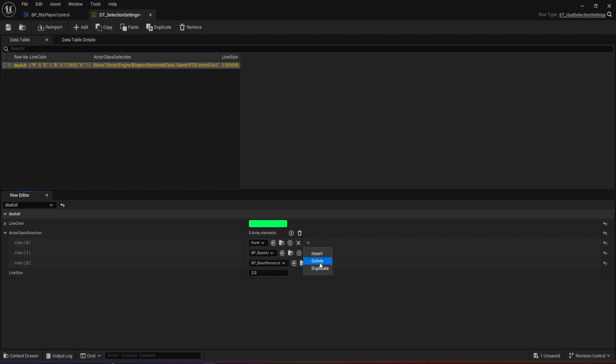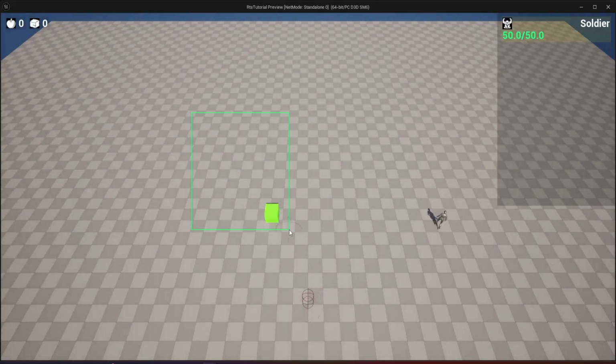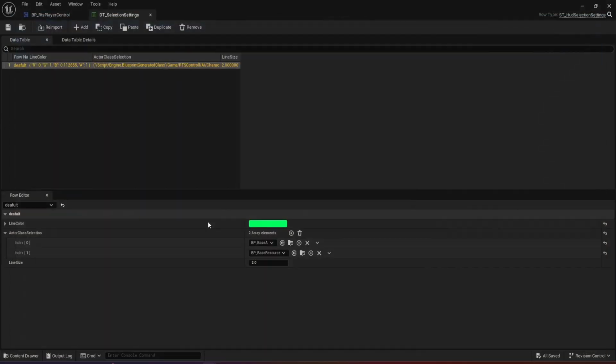For some reason, yes, delete. Cool. Now if I press play, I should be able to select the actor again. Now as you can see, the actor has some weird values in there. So what we can do